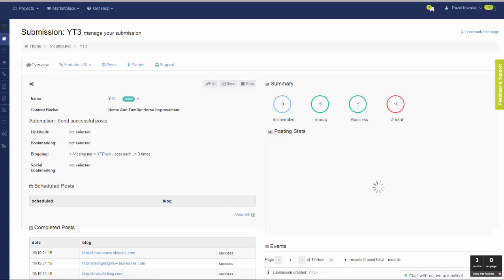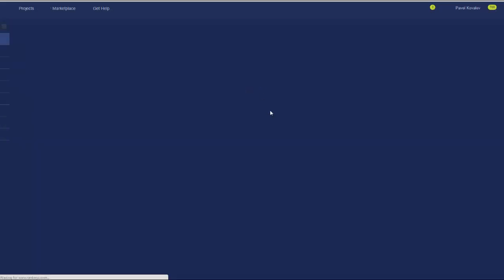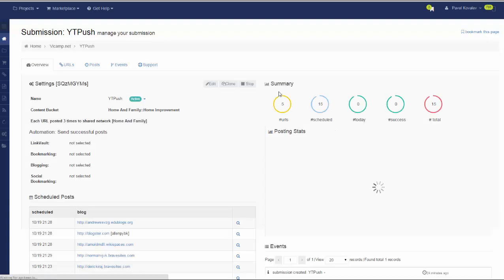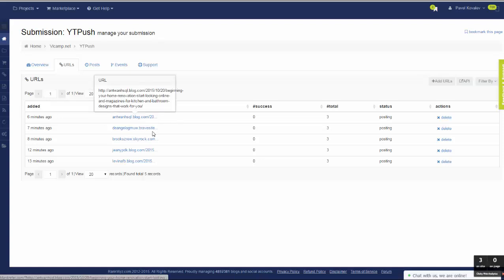If I open this network, you can see that it has 5 scheduled URLs, and out of these 5 URLs it created 15 scheduled posts, exactly as per configuration, because every URL will be posted 3 times. If I go to URLs tab, you can see that all of these upper tier posts where we posted our YouTube were sent to the lower tier submission to be posted and create backlinking.